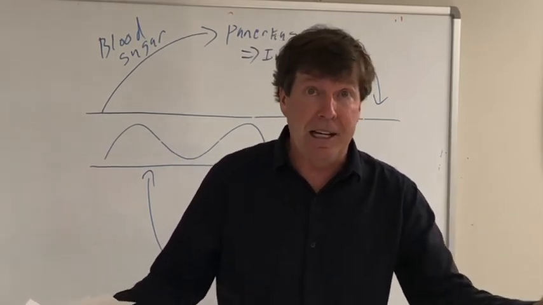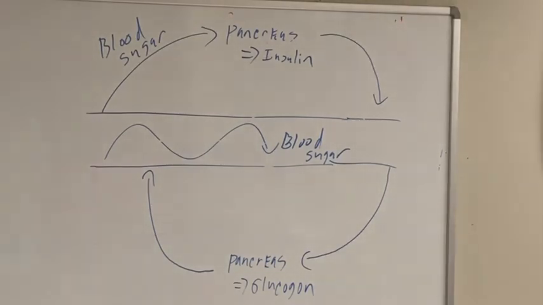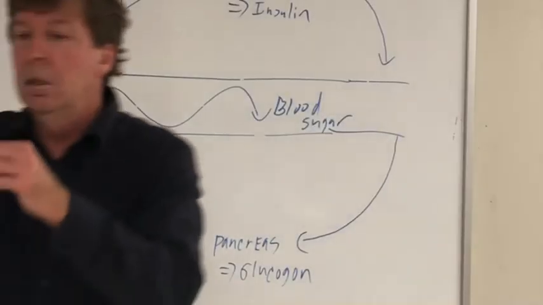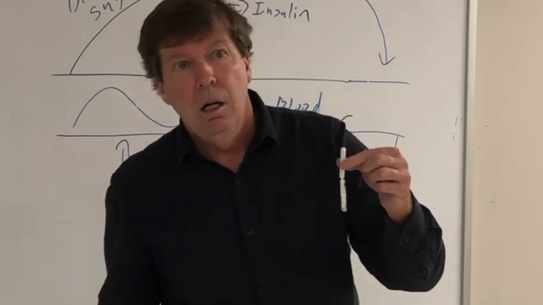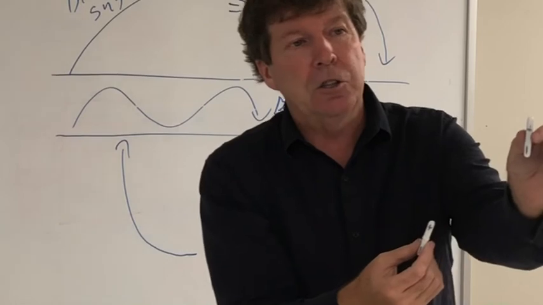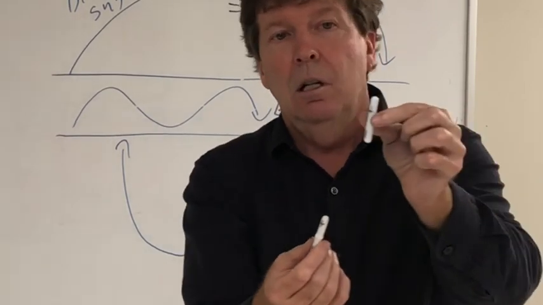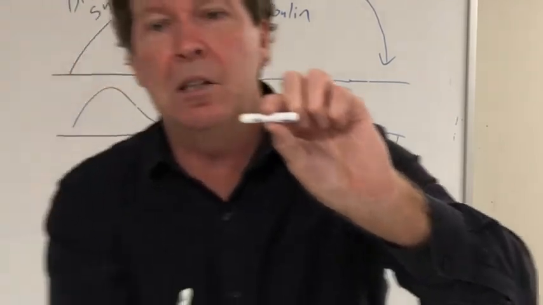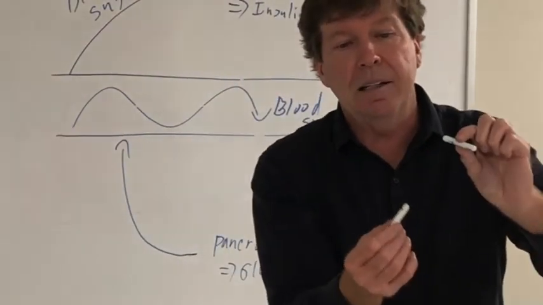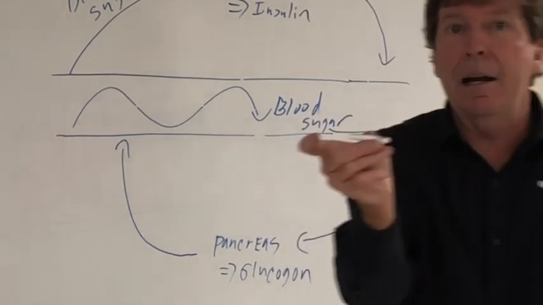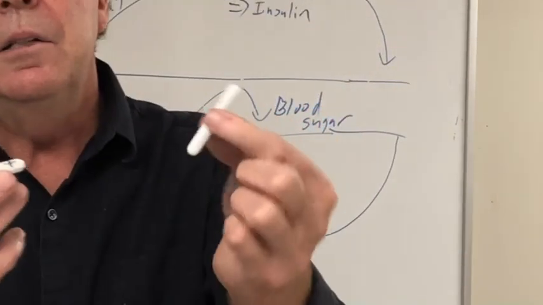Some of the other aspects of the unique properties of water are easier to understand and explain. I'll leave you with this. Water is polar. Part of the water molecule has a partial negative charge. The other part of the molecule has a partial positive charge, so maybe this will help you in terms of understanding. Here's my other polar molecule, a negative side and a positive side. Notice here